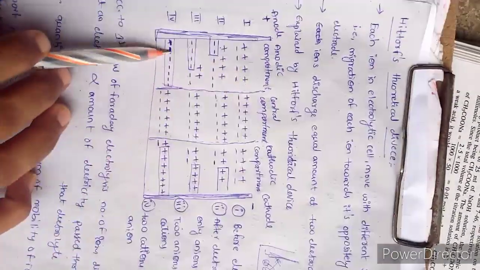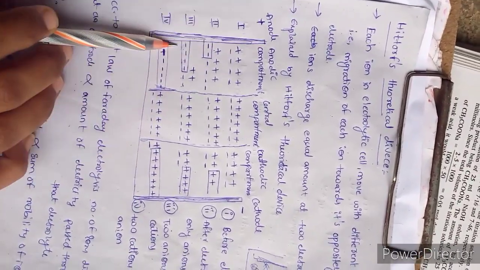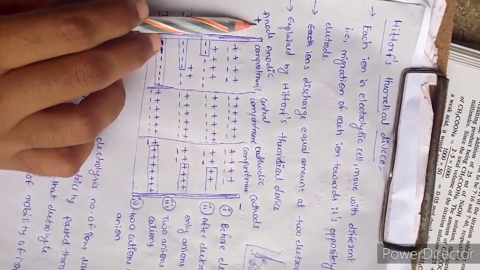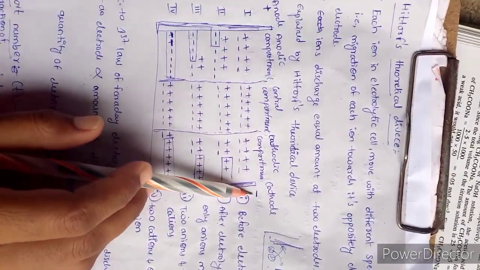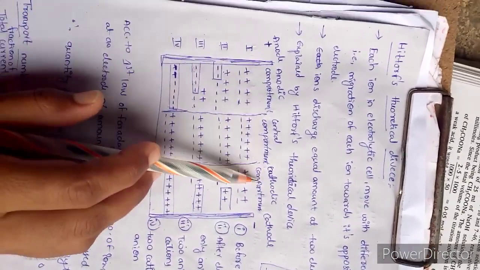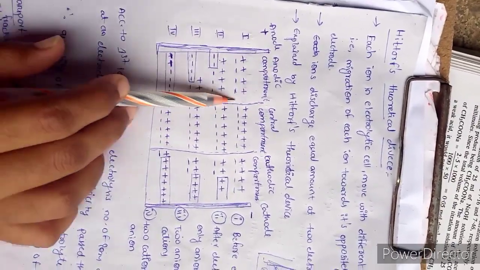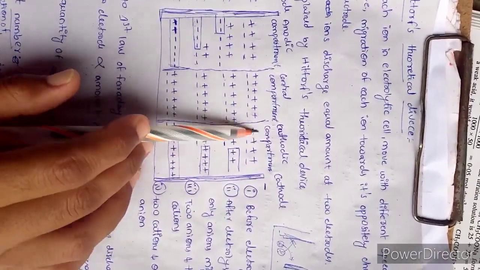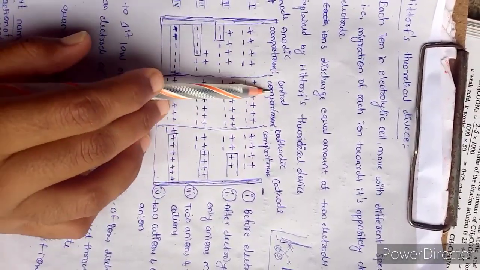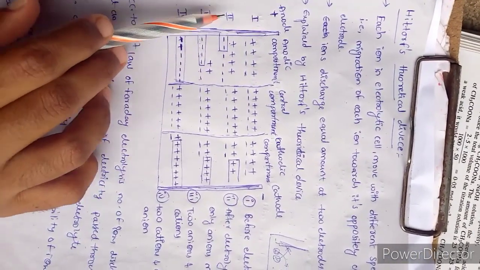See, this vessel consists of electrolytic solution and electrodes: anode and cathode. The anode has positive charge, the cathode has negative charge, and the vessel is divided into 3 parts. The solution nearest the anode is the anodic compartment, nearest the cathode is the cathodic compartment, and the central compartment is in the middle. And here there are 4 parts or 4 cases.